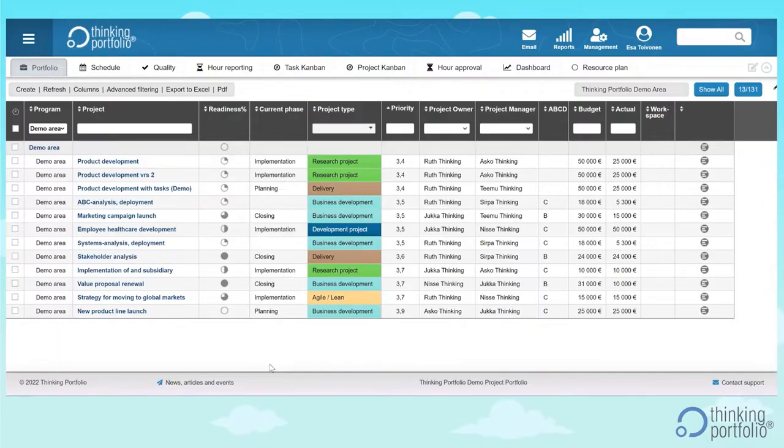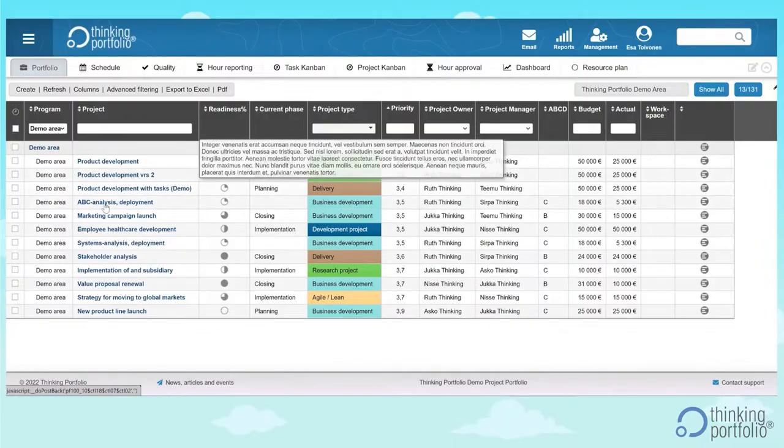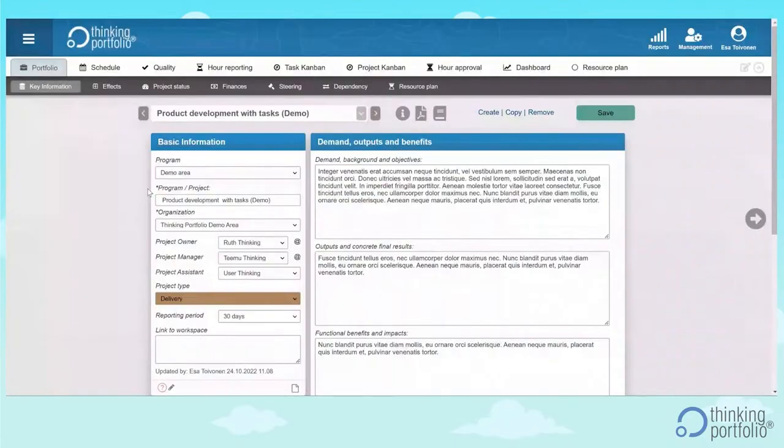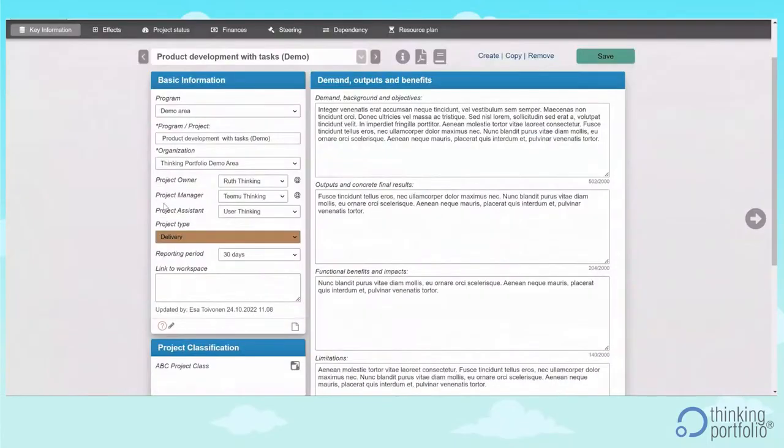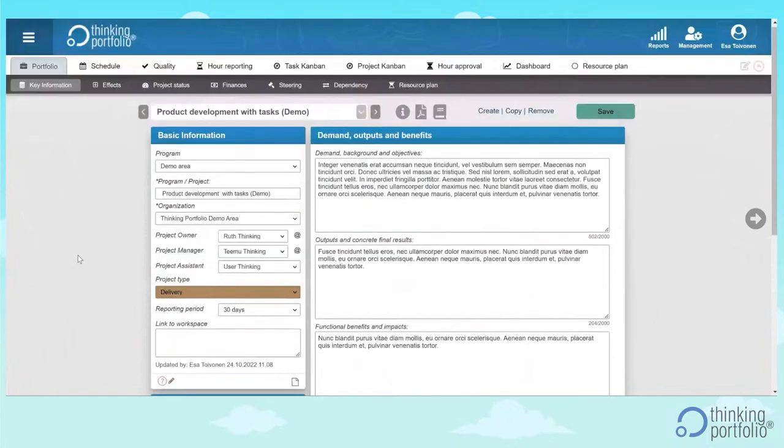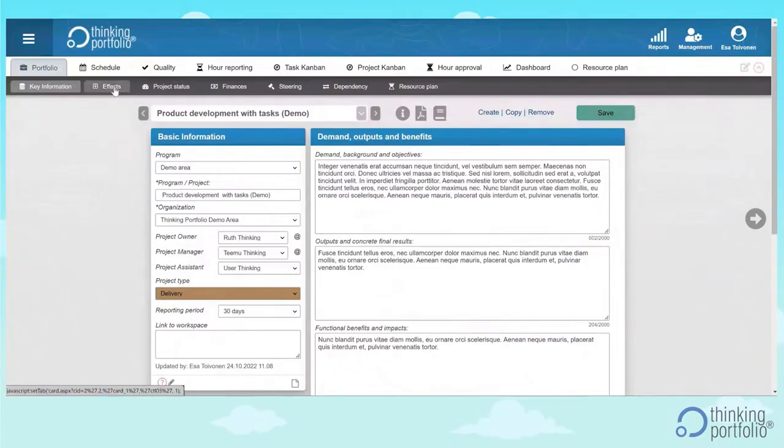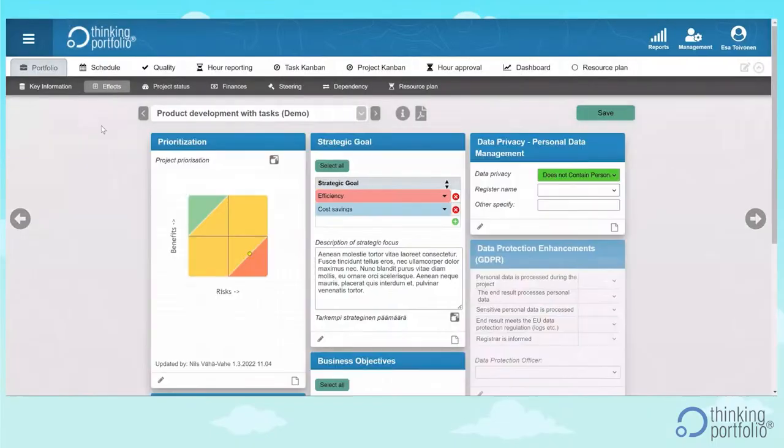Okay, so next let's look at strategic alignment issues, how strategic goals and sustainability can be introduced in Thinking Portfolio. What I will do is open an example project here, the product development with tasks project. I can see the basic information of the project, and a demand, output, benefits, a bit of background of the project. But now I go to effects, and I would like to show how the strategic goals can be introduced,